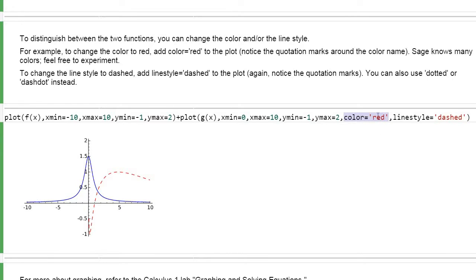You can use salmon and fuchsia and teal and whatever you might like. It knows lots of different colors. Another comma, you want to put a line style, and again, quotation marks. It doesn't matter if it's single quote or double quote, but it needs to have quotation marks around the name